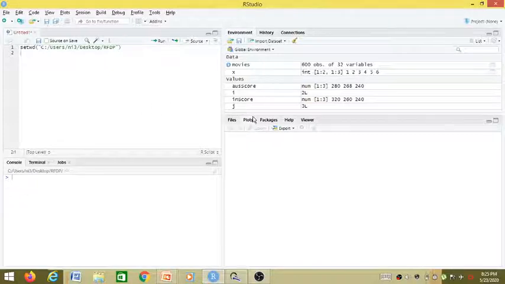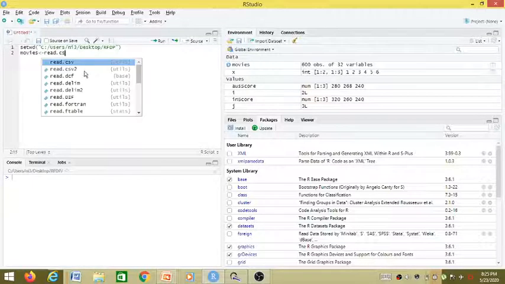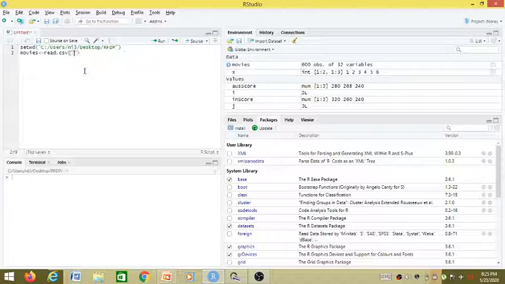So if I go to RStudio, I have set my working directory, and here let us create a movies data frame using the read.csv function, and the file which we are using here is movies data.csv. So this is quite a huge file. Like yesterday we saw captaincy data in which there were only 6 rows and 6 columns, but now we have created this movies, and you can see here there are 600 observations, means 600 rows, with 31 variables, means 31 columns.